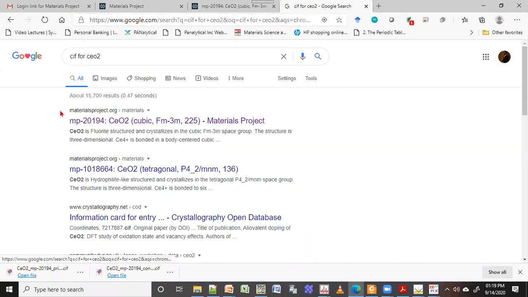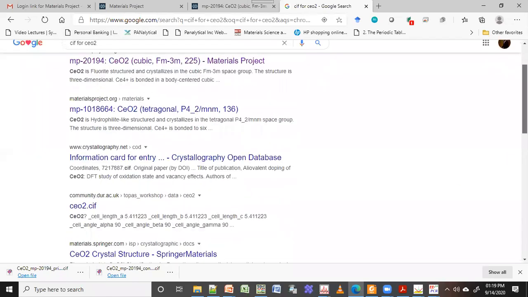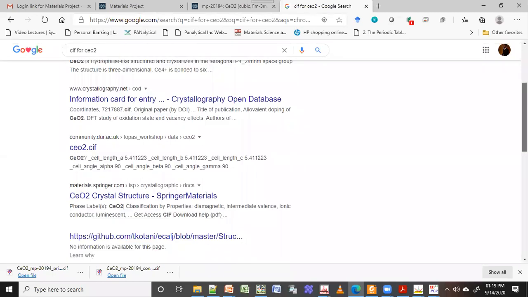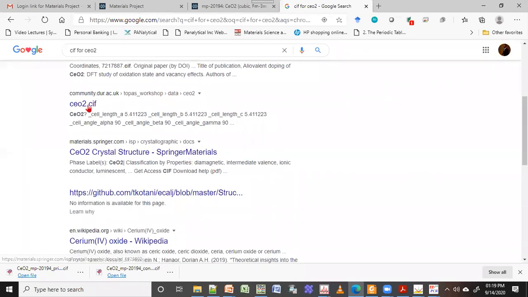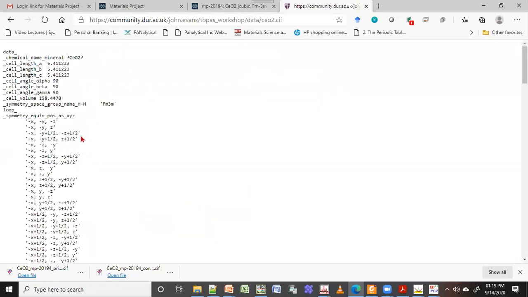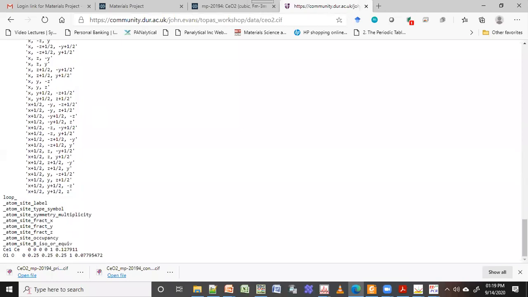Again, it is going back to the same Materials Project. This is one more zip file where you can get more information.